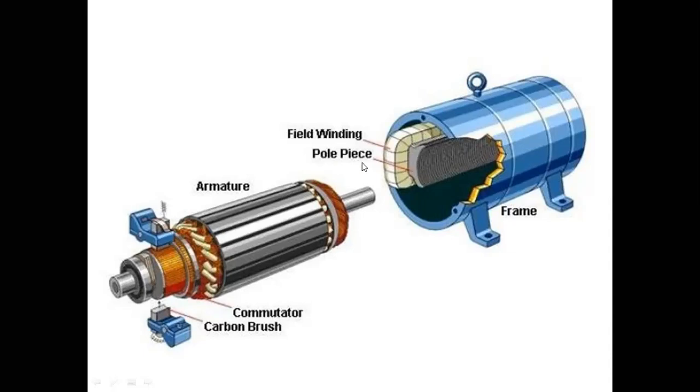The gray colored structure has a parallel path to allow the current to flow. So we call these poles. We can use a number of poles depending on our requirement. Inside this DC machine structure, there will be the armature. On the armature, we are putting an air gap. Between these two, if you see, there is some air gap.